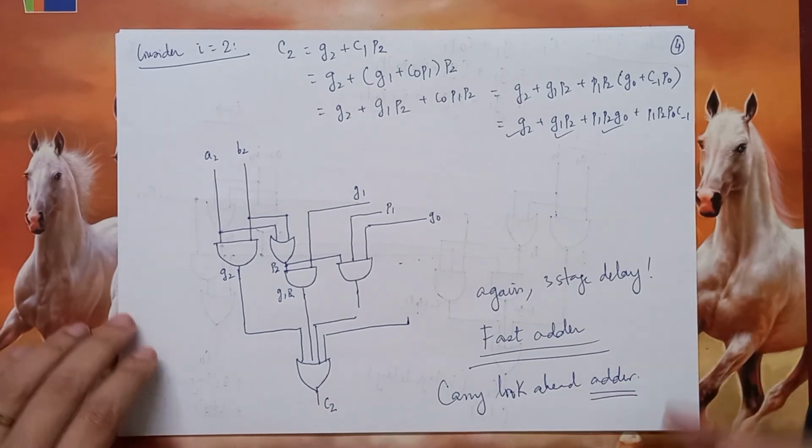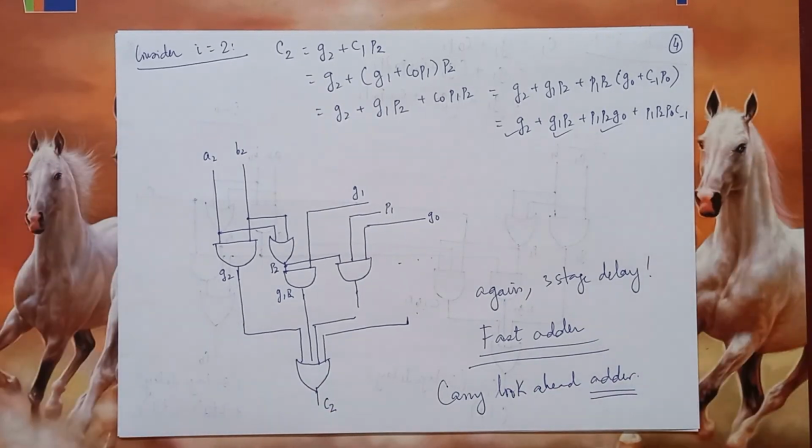Look ahead means we are trying to look ahead in time, and obtain what the carry is without depending on the immediately preceding stage, but rather using the very first stage of addition, which saves us a lot of